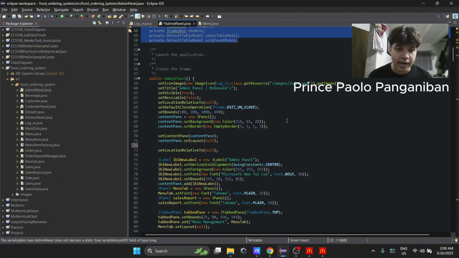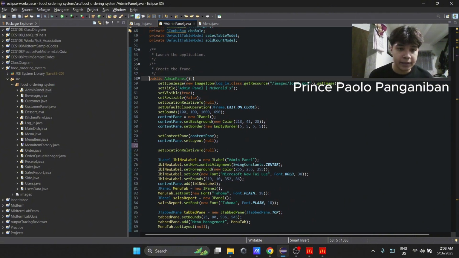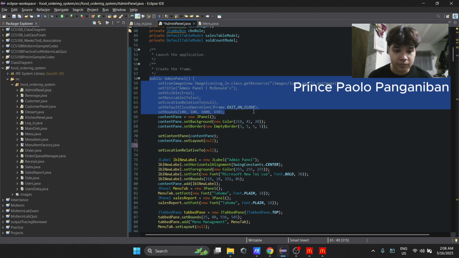Next, here we have the public AdminPanel. Window branding: we reuse the same icon as the login form. Set visible to true shows the frame immediately. Safe because we're in the event dispatch thread. Fixed size, 1000 by 690, keeps layout predictable.